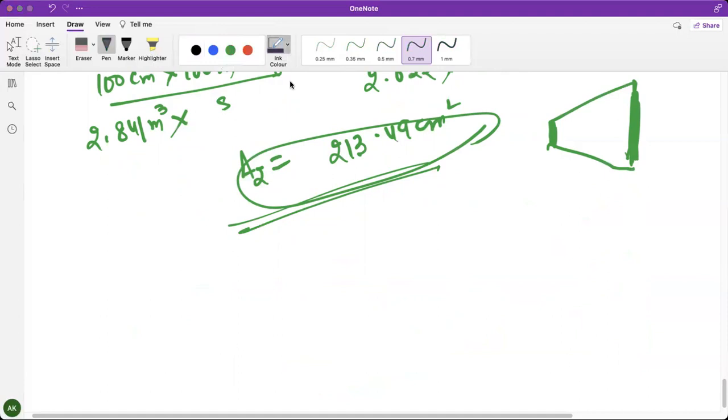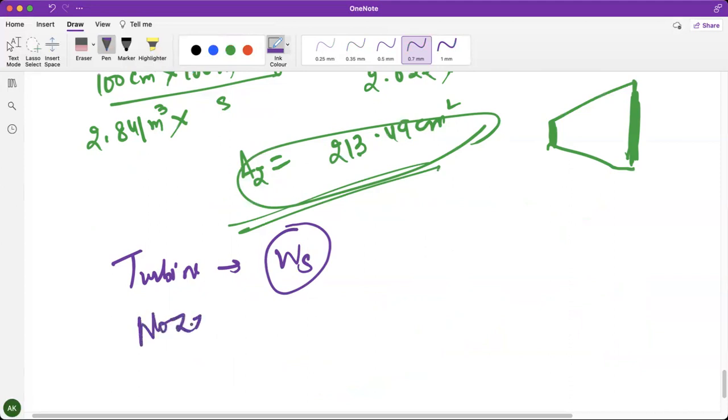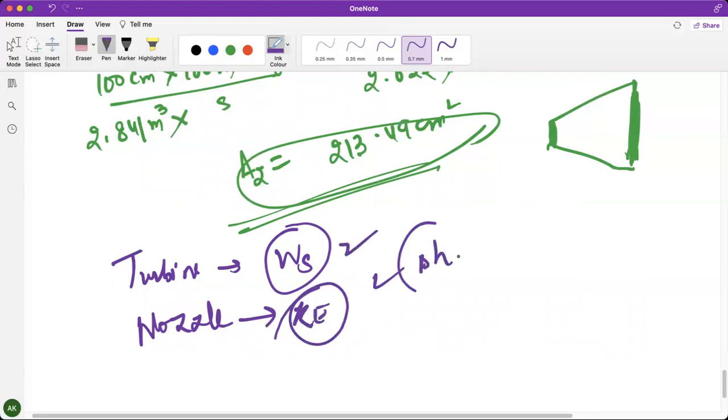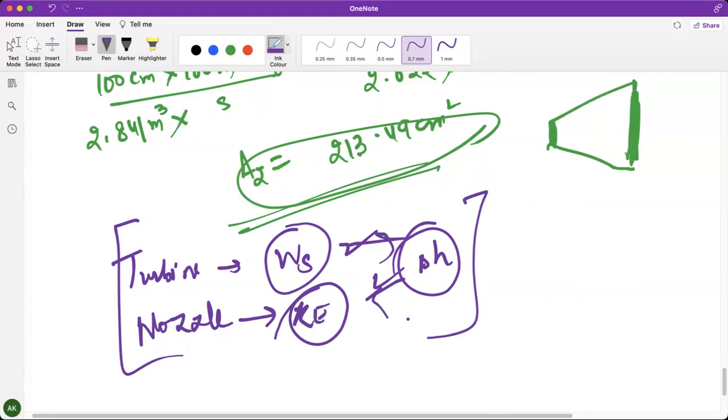Also, you have this general observation that a turbine always contributes to shaft work at the expense of enthalpy. And a nozzle contributes to kinetic energy at the expense of enthalpy. Both of them work at the expense of enthalpy. So with this, we finish with our